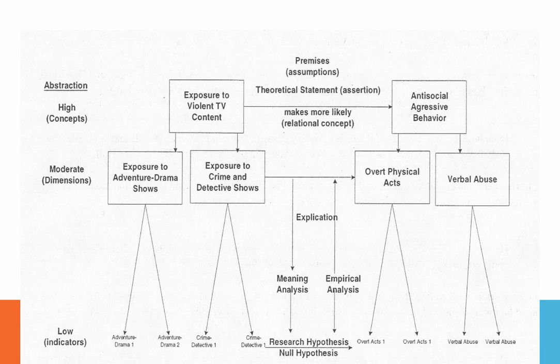And then we get into the lowest indicators, which is really the measurement part, about how do we measure that stuff. So that's what we do. That's how we express ourselves in research, through concepts from a very abstract to a very concrete level. And essentially all that we're doing is defending the definition of those concepts and defending that the one relates to the other. In this line of research, what they were looking at was, does television violence truly relate to aggressive behavior? We had to see whether that assumption about television violence was true.